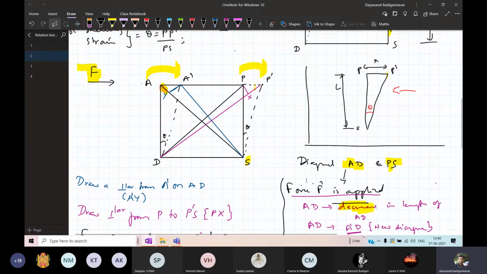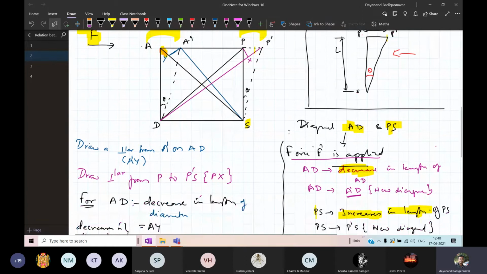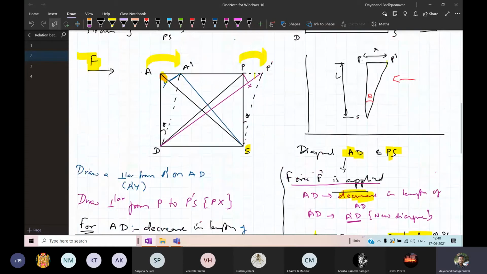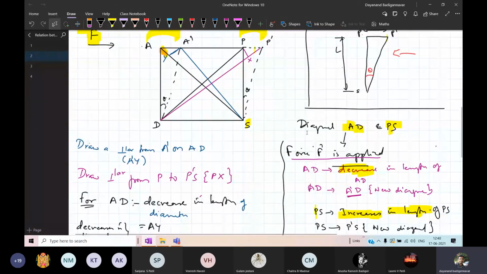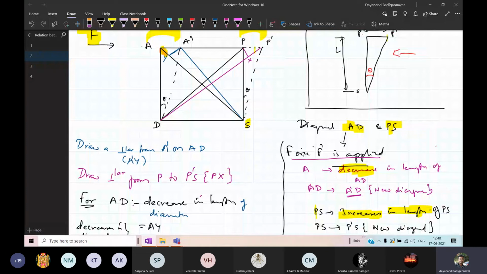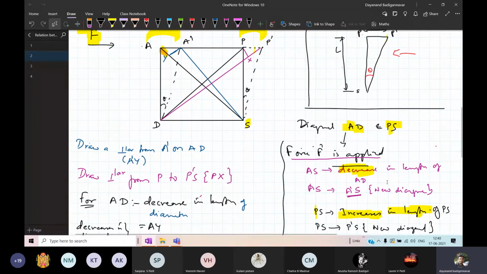So the diagonal I have to change here. Not AD, I have to change it as AS. I have to make some correction before I go further. Diagonal AS, decrease in that. Just a small change. Otherwise it is okay, but it is not giving you the right diagram because at the starting we have taken differently. A dash S is the new diagonal.